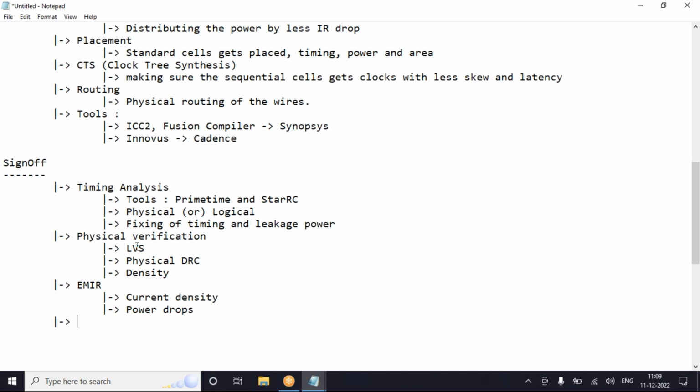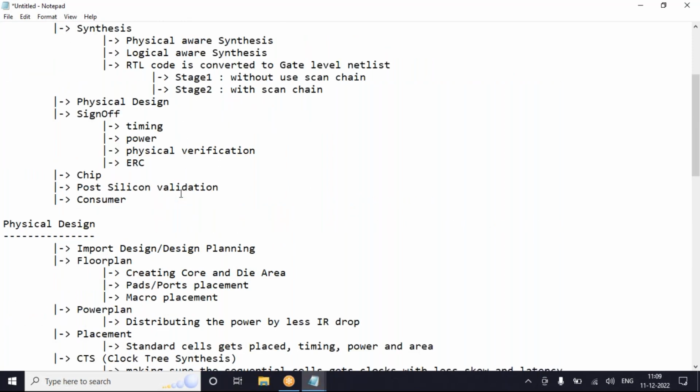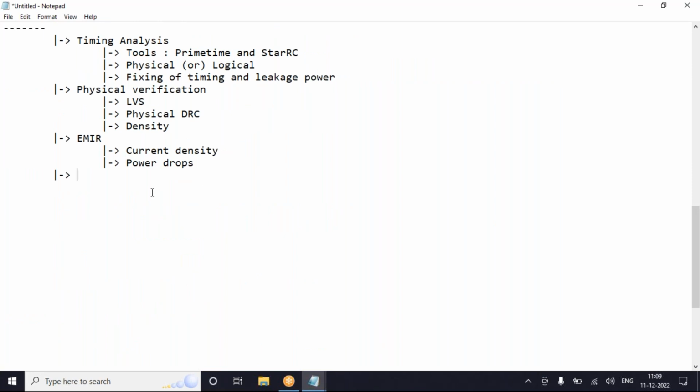Okay, so clear so far? The next is, what are the stages? Power and EMIR. So these are all the sign off stages we will be telling, and also as I said, formality will be performed here as well. Verification and DFT with that particular routed netlist, or let's say sign off netlist.